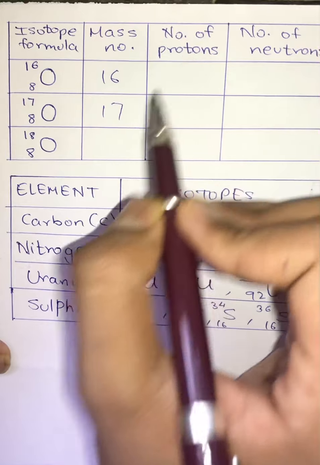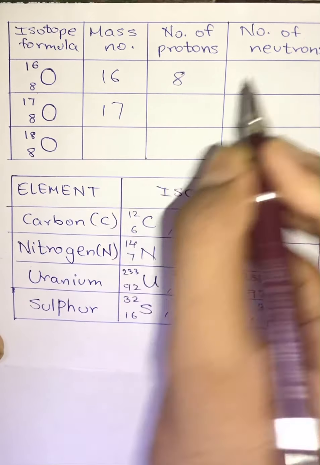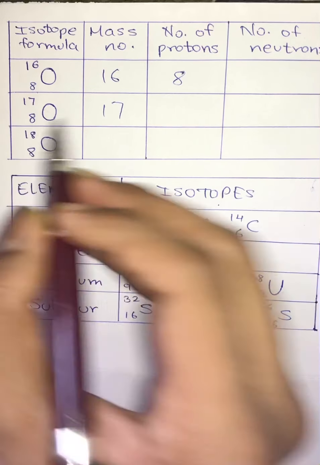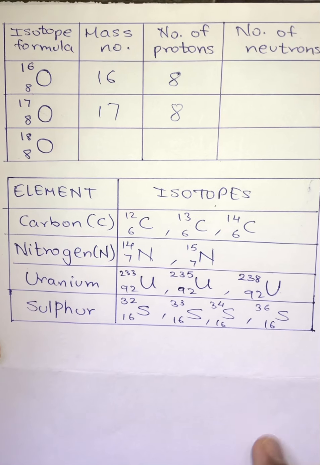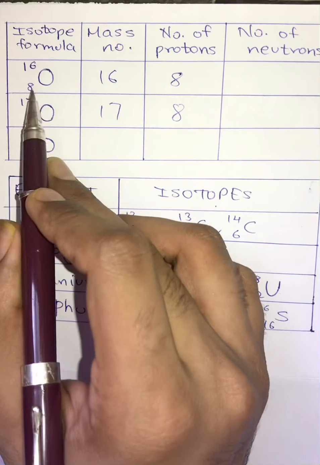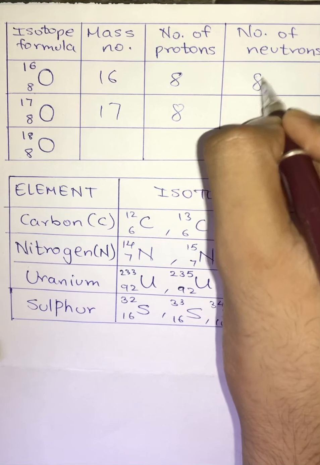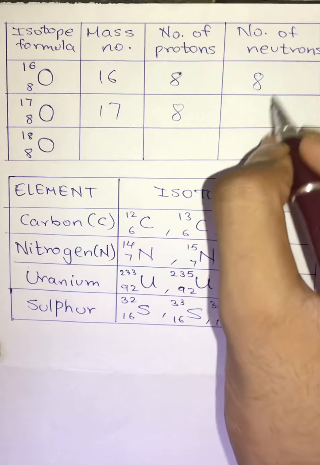What is the number of protons? Number of protons are nothing but 8. Here also, what are the number of protons? Number of protons are nothing but 8. And what is the number of neutrons? So for finding number of neutrons, you have to do 16 minus 8, which is going to give you 8. Again 17 minus 8, which is nothing but equals to